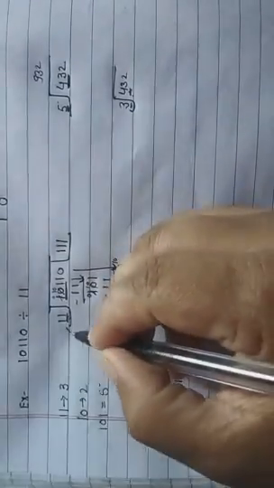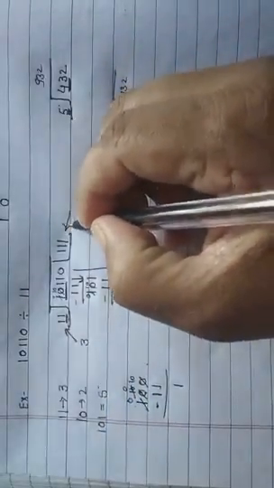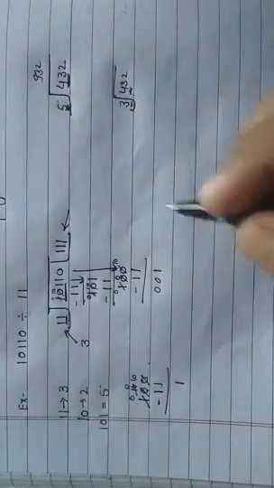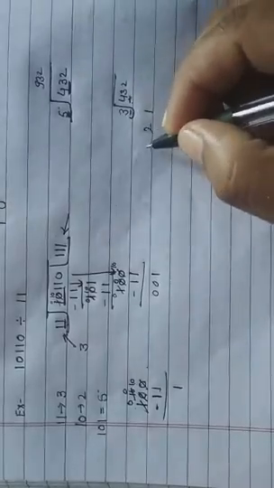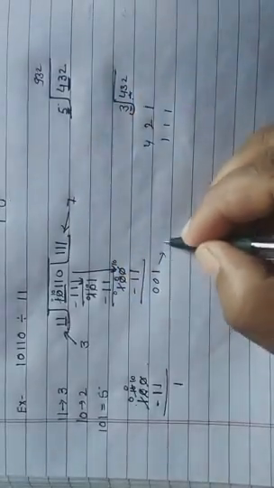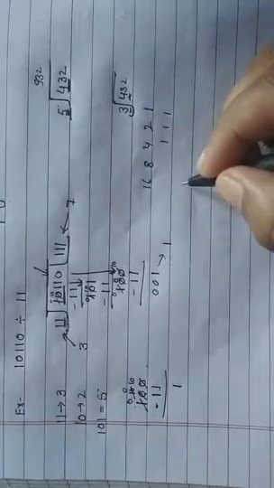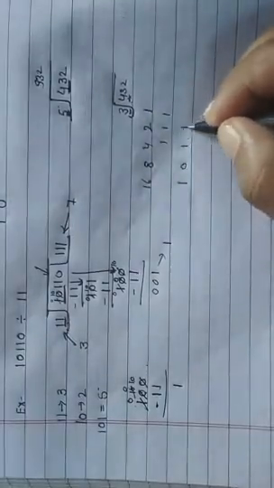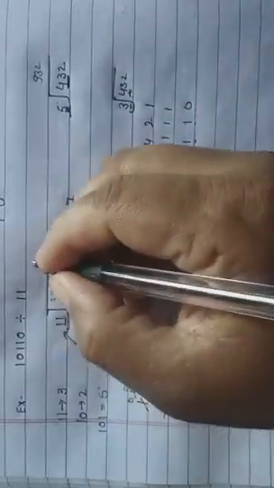Okay, let's check the answer now. Here the divisor is 11, that is 3. The quotient value we have got, let's check what this value is. 1, 2, 4, 111, that is 7. Remainder is 1 and the dividend is 1, 2, 4, 8, 16. That is 10110. It means 16 plus 4, 20 plus 2, 22.